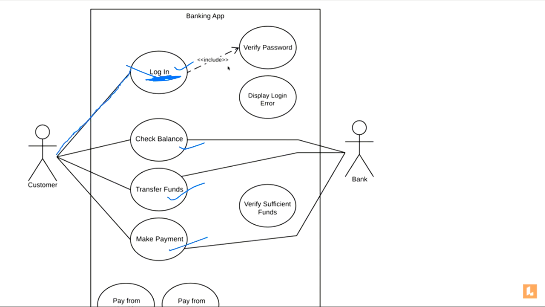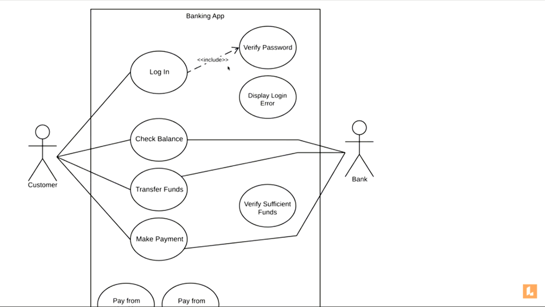So I drew this association line from user to first use case, user to second use case, third and fourth. This is association. Means this customer is logging in, this customer is checking the balance, this customer is transferring funds, this customer is making payment. This is not showing you any sequence in which he is doing these. Keep this thing in mind. A UML diagram doesn't show you the sequence of the use cases called or happening, which use case is called first, which use case is called second. Seeing this diagram, you cannot tell whether the user is logging in first or transferring first. That functionality is not there in a UML diagram.